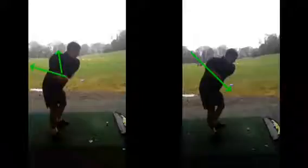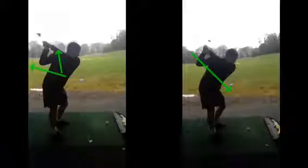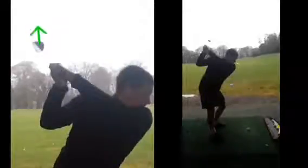Ultimately, you want your left arm to be across your shoulders, as we can see in both of these cases, but it's more to do with the actual angle in which the club face is hinged. And because on the left hand side you've had that forearm rotation going back, we can see the club face now pointing a little bit up towards the sky,